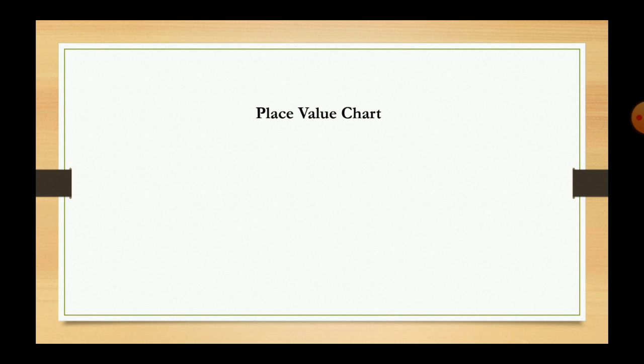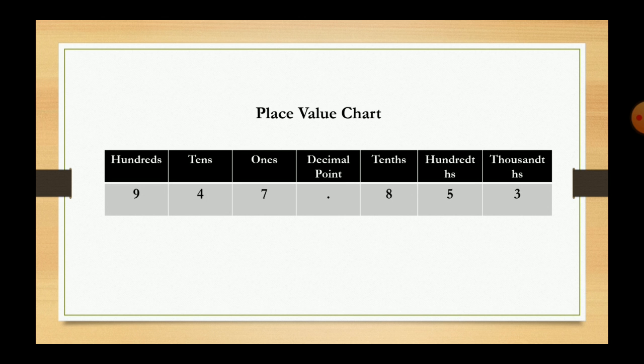Place value chart. As we all have studied place value charts in earlier classes, as Indian place value charts, international place value charts, but those never had decimals in them. Let's learn the place values where decimals are also given. The basic place value you have studied, we have that also, like in the left hand side of the decimal we have ones, tens, hundreds, thousand, 10,000, lakh, 10 lakh and so on. But to the right side of the decimal point we will be having tenths, hundredths, thousandths and so on.